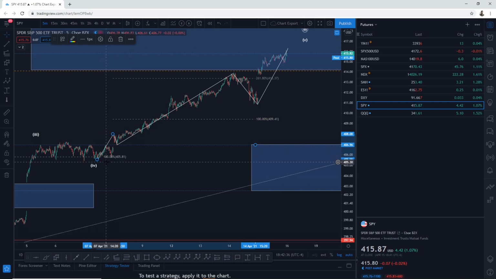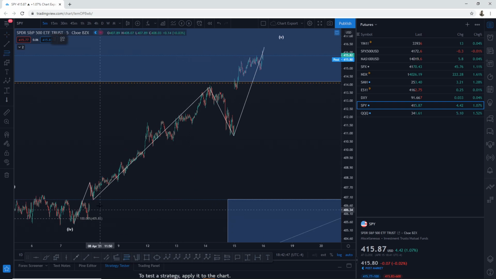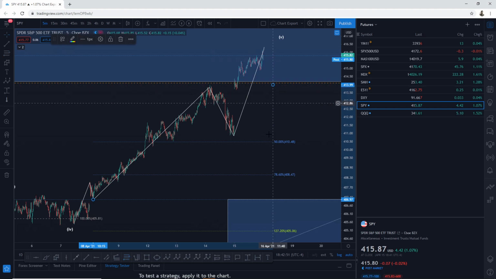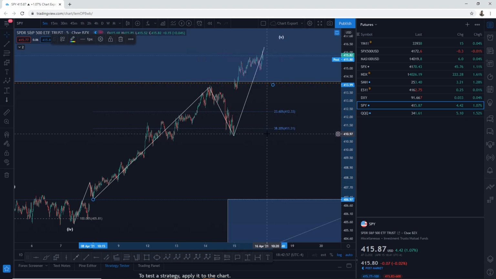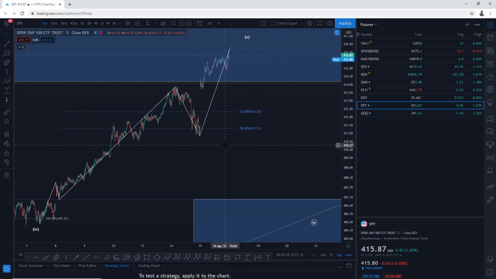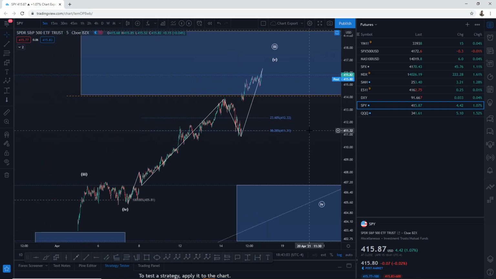Spot on, guys. Spot on 2618 into the wave 3. Okay, so that tells me that now if we take a retracement from the low of wave 3 to the high, we came in between the 38 and 50, which is appropriate, and now we're ramping up higher. So let's find out where